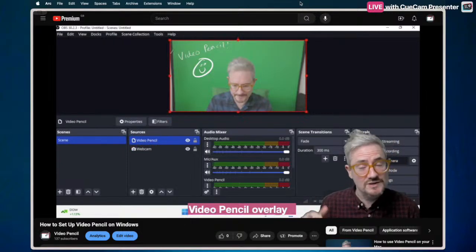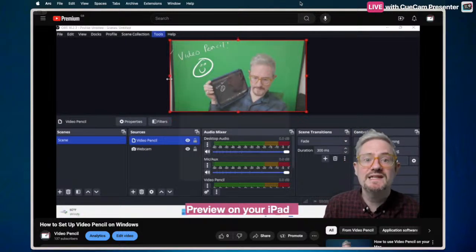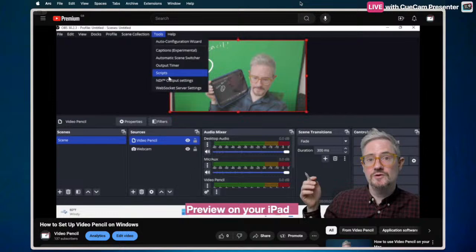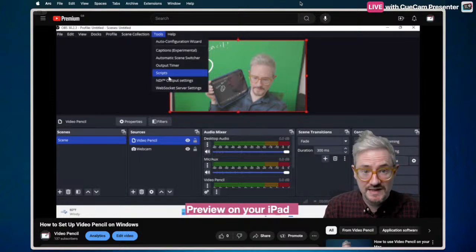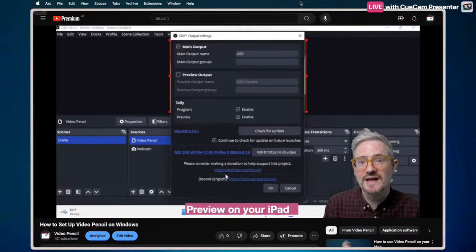Video Pencil is automatically transparent because it's sending a transparent NDI layer. That's the Video Pencil part. Make sure it's running, otherwise it won't show up. But if you want to see where you're drawing, you're going to want to make sure that you turn on the output in OBS. So we're going to go up to that menu, Tools, NDI, turn on that main output,